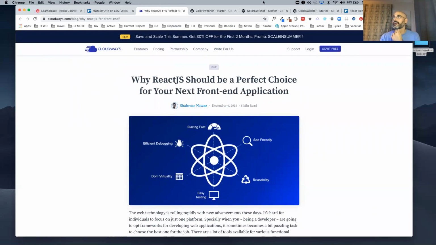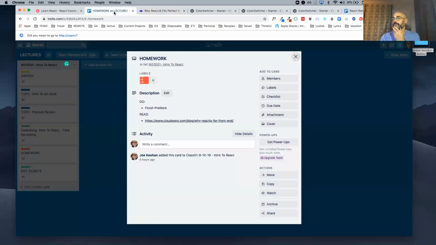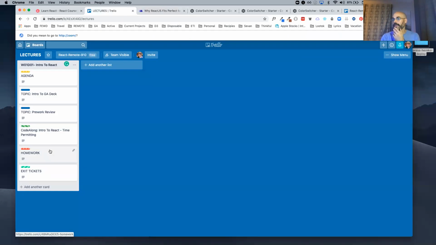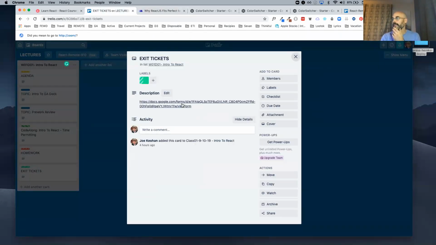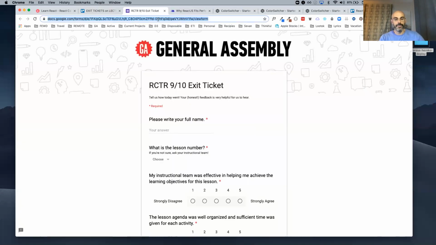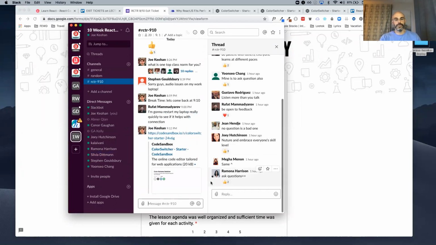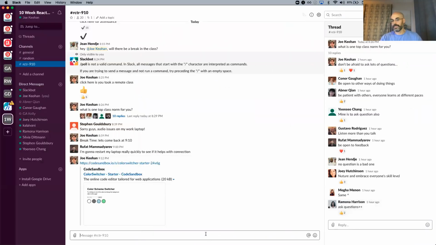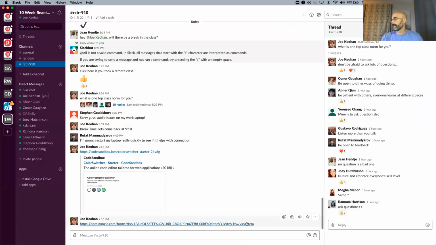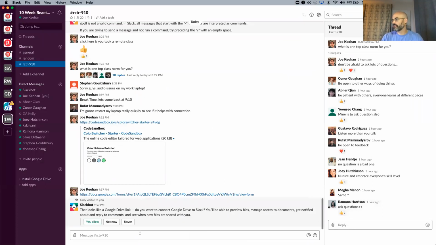All right. And then the last thing is the exit tickets, and I will Slack this out. I'm going to Slack it, and I'm going to pin it into the Slack channel. So here's our little Slack channel. All right, it's going to go to full screen here. Slack it, bloop. And I'm going to pin it into our channel.